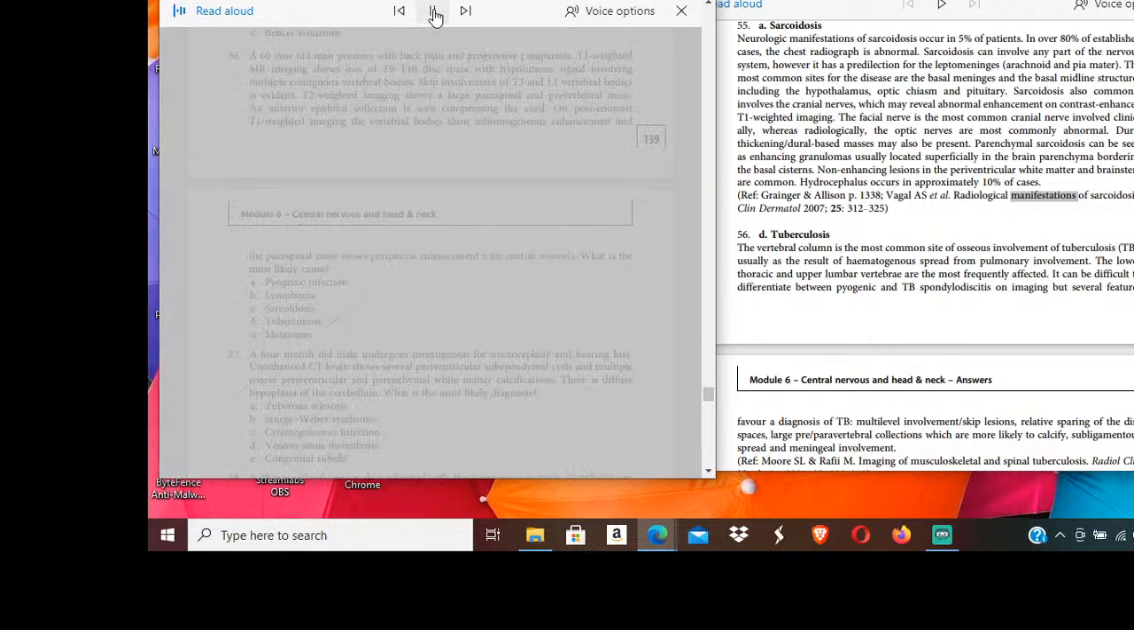56. A 60-year-old man presents with back pain and progressive paraparesis. T1 weighted MR imaging shows loss of T9, T10 disc space with hypointense signal involving multiple contiguous vertebral bodies. Skip involvement of T3 and L1 vertebral bodies is evident. T2 weighted imaging shows a large paraspinal and prevertebral mass. An anterior epidural collection is seen compressing the cord. On post-contrast T1 weighted imaging the vertebral bodies show inhomogeneous enhancement and